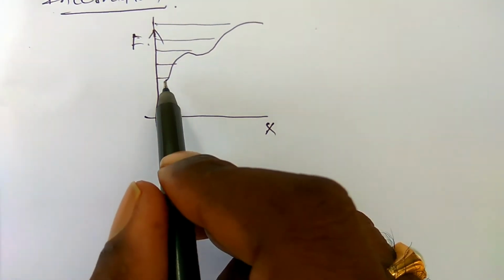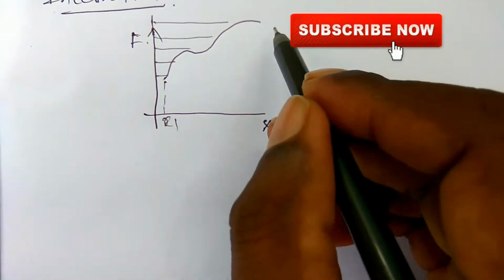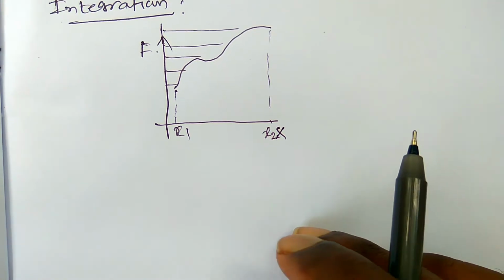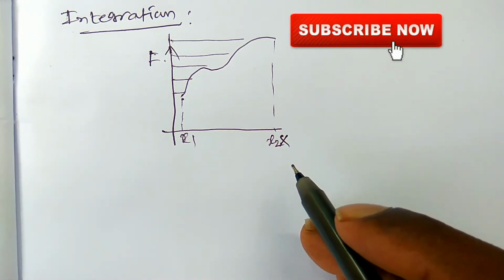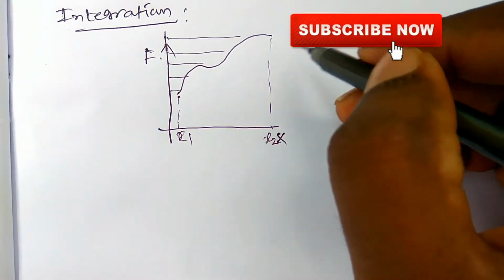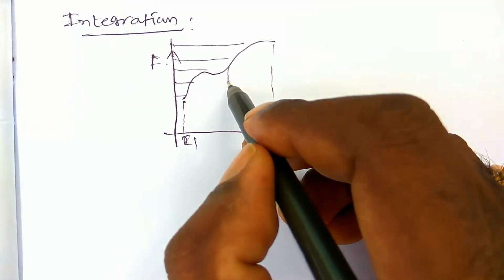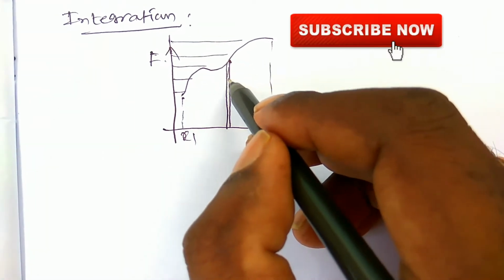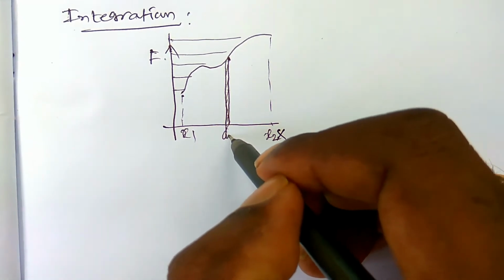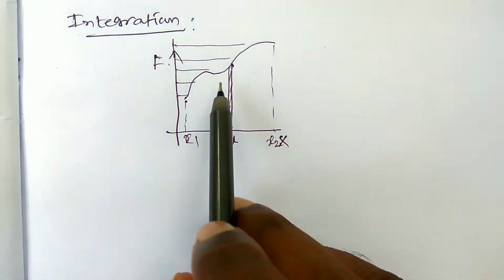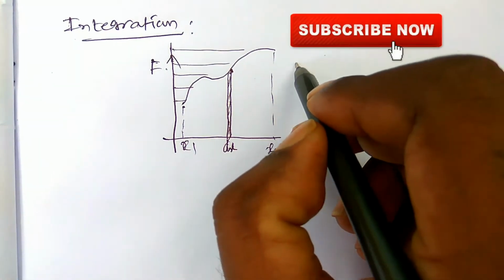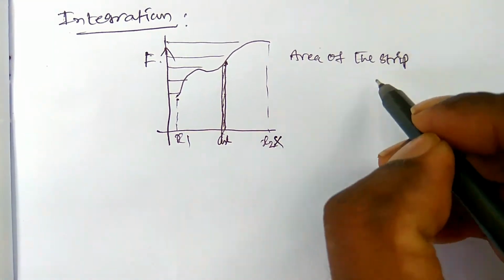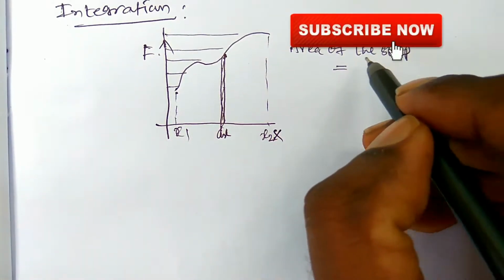This is the displacement. Here it starts from, let it be x1, and here let it be x2, from x1 to x2. Okay, so in this situation we have to find the force. The work done should be f into dx. For example, let it be the smallest strip, having the breadth of dx. The area of the strip is nothing but length into breadth. This is rectangular, length into breadth.